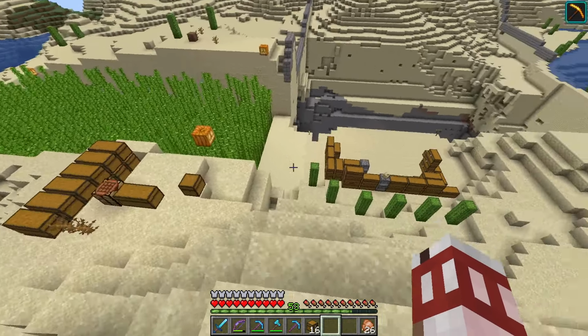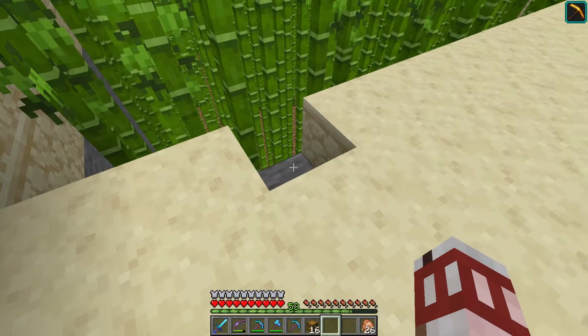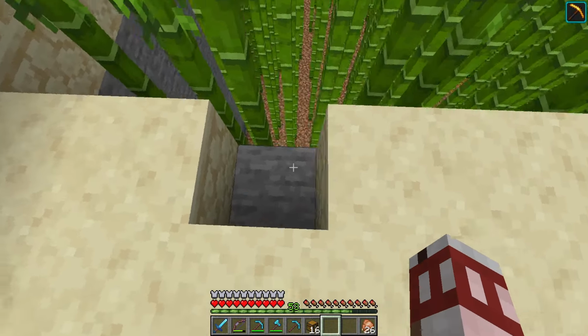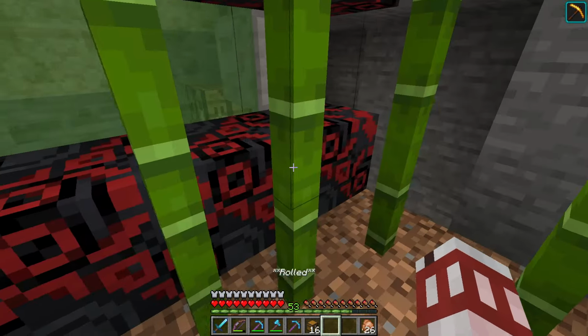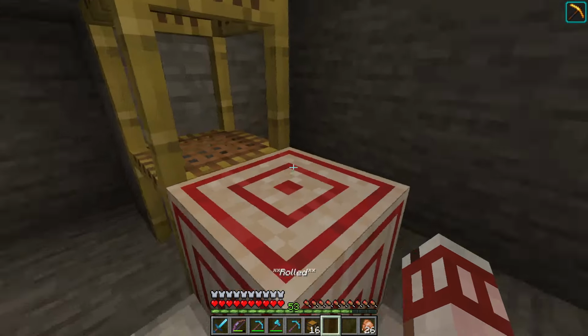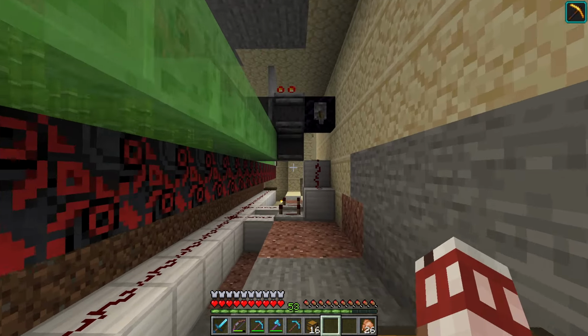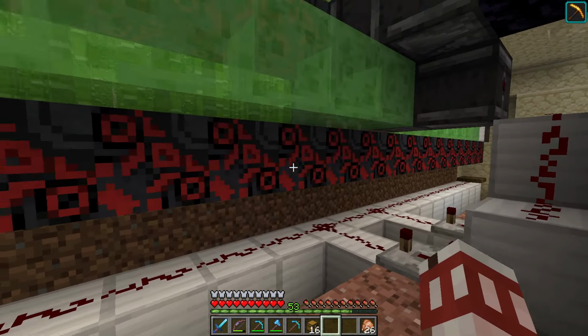Alright, and there's been something else I've been up to. Down here in the bamboo farm, I did start to make some improvements, and there's going to be plenty more improvements to come, but if I just hop on down, you can see I have added some glazed terracotta. We can hang on to the back in the maintenance area down here, and hop on up, and here we go. Okay, so what I've added is this contraption